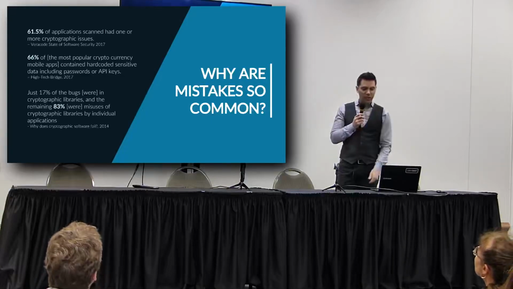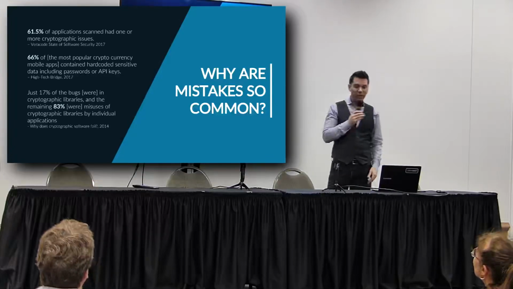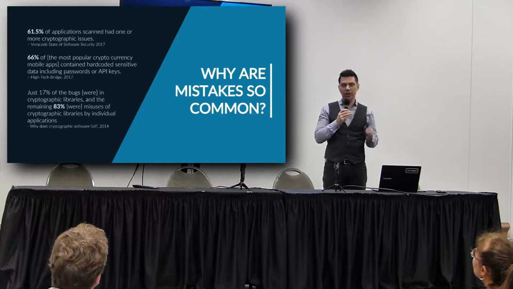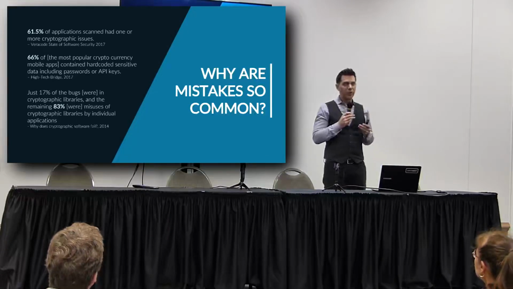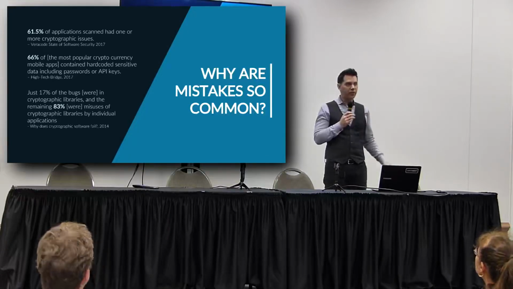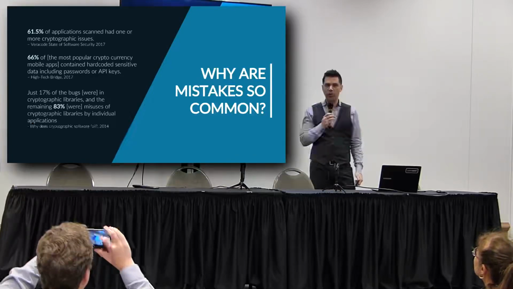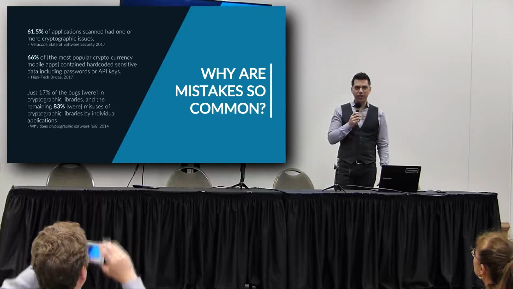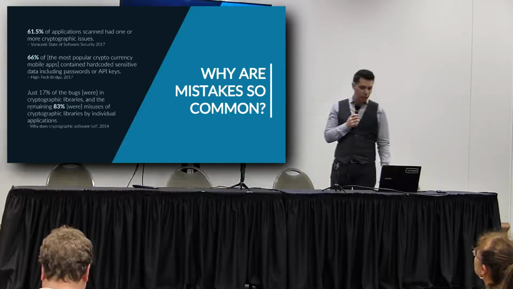And then look at this last one here, which highlights the fact that 17% of bugs they looked at were in the cryptographic libraries, whereas the remaining 83% were misuses of cryptographic libraries. And with that last point, I want to emphasize that the cryptographic libraries certainly can have mistakes, and you need to be mindful of those libraries and make sure you're using the latest ones. And I'll talk more about libraries. But the implementation of cryptography is more often where we see problems being introduced.